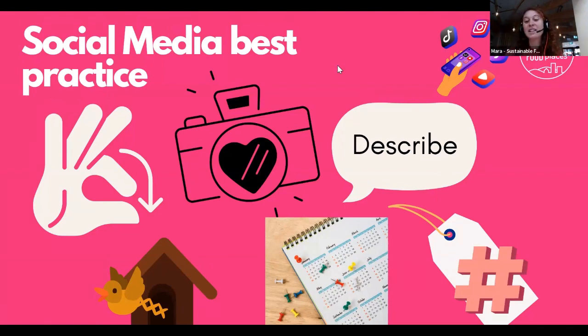it to anything else. So the other golden rule here is make sure that you tag and hashtag, meaning relate it back to the people that you're speaking about, or relate it back to the thing that you're speaking about. So if you can tag other people who were present at the event or the thing that you're talking about, if you can tag other organizations that you've been working with on the thing that you're talking about, if you can tag sustainable food places because that's part of the network that you're in,